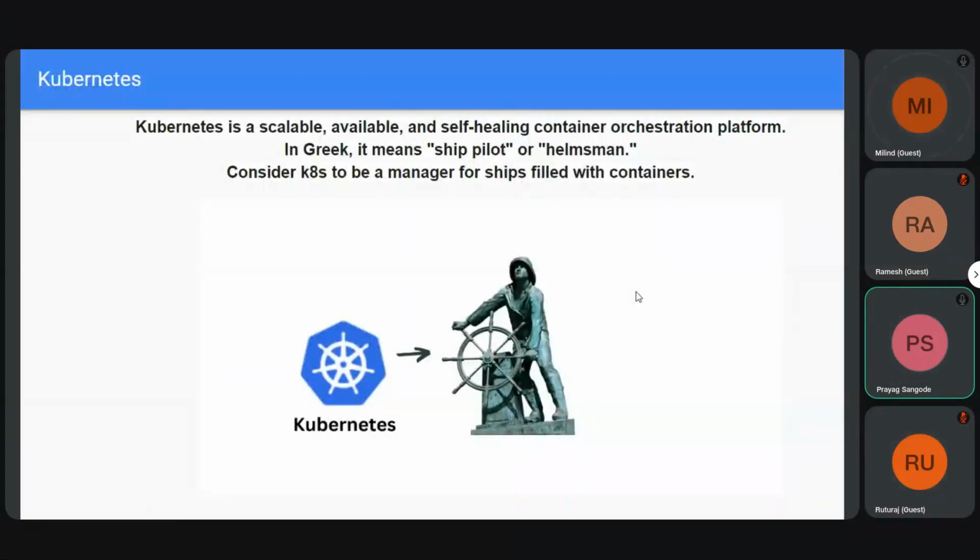So does anyone know what Kubernetes is? What is your definition of Kubernetes? Anyone? Okay, let me explain. Till now, what we have learned is how to create a web server